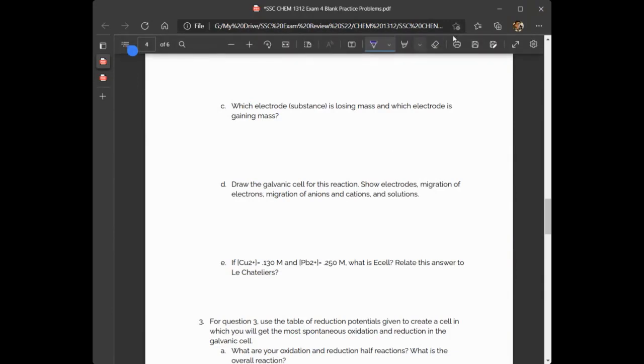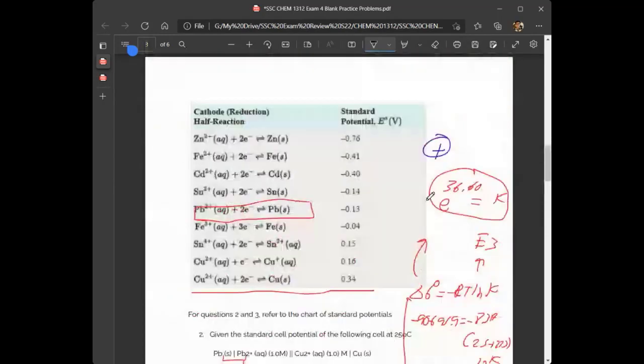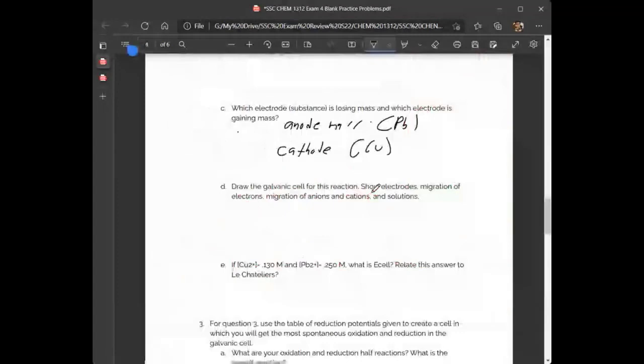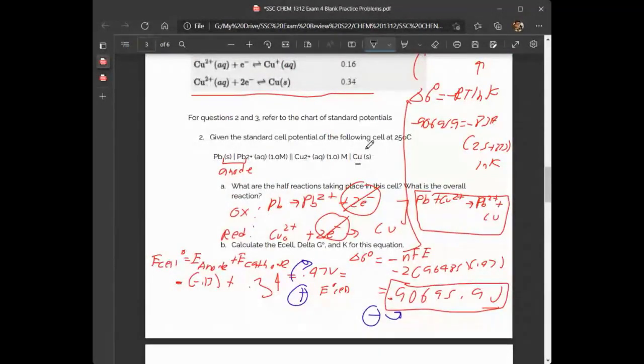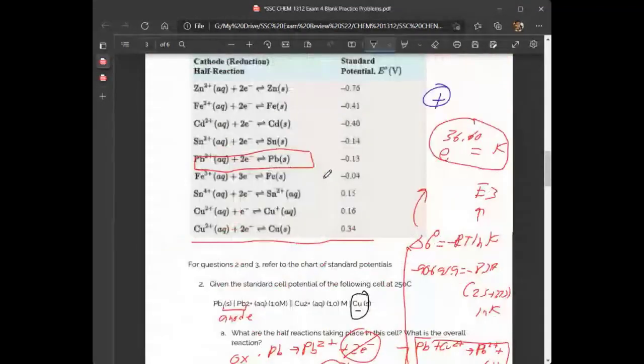Okay, so we have this number, right? We have which electrode is losing mass and which electrode is gaining mass. So the anode loses mass, so Pb is lost, and the cathode gains mass, and that's Cu. A common trick is that we need to check if the cathode is made of the same kind. If this was something like Pt, like this one here, we wouldn't say that it increased mass, but because